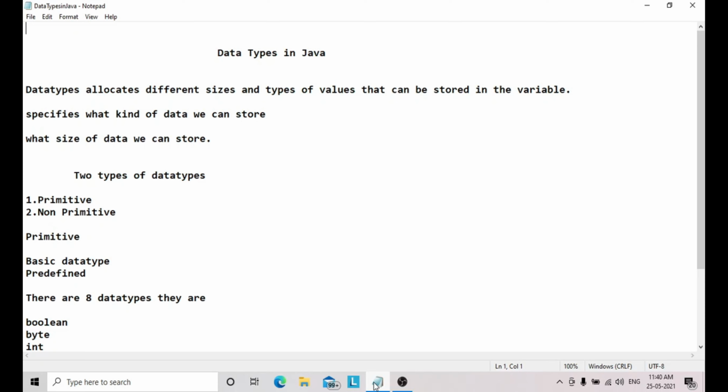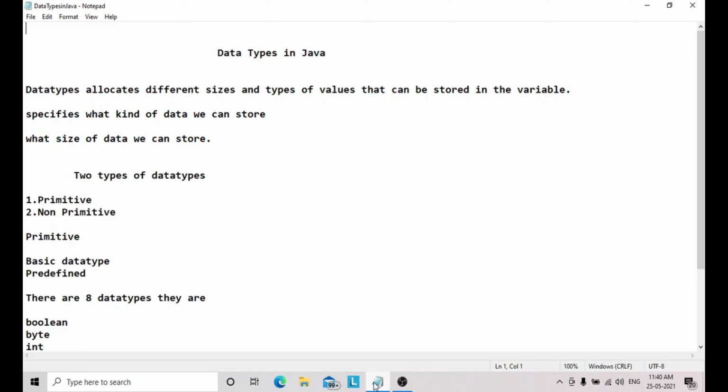So we have to specify the sizes of these three variables, and the type of data we are going to store in them, decimal values or integral values, what type of data we are going to perform this addition operation on.